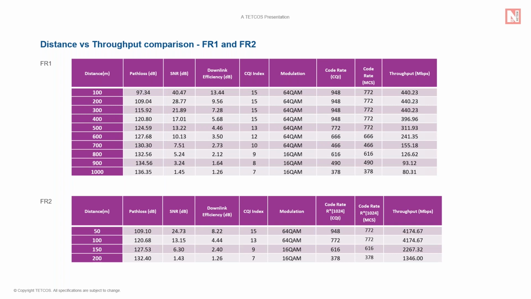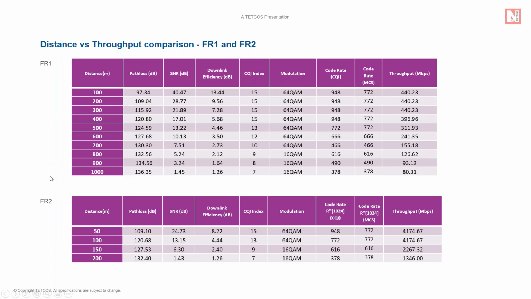Whereas in FR1, we see that we have a much larger distance, the distance varying from 100 to 1000, whereas the throughput supported in FR1 are much lower when compared to FR2. The insight from this is that FR1 supports much higher ranges but at much lower data rates. FR2 supports much higher data rates, but the range is much lower.